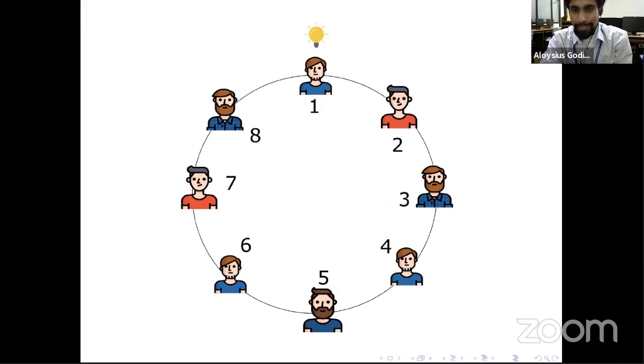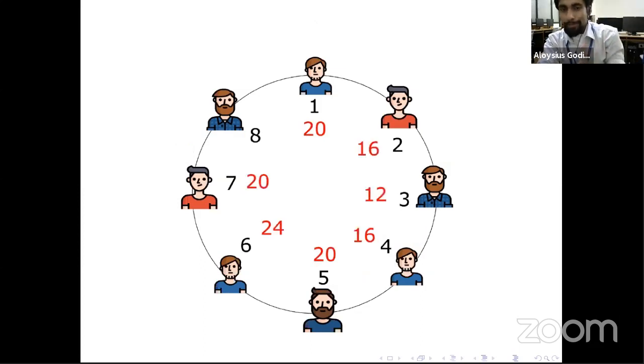Every person will ask the two people on his left and two people on his right what their numbers are. For example, if you look at 1, his two adjacent neighbors are 2 and 3, and on the right-hand side, 8 and 7. So if he adds up 2 plus 3 plus 8 plus 7, his sum comes to 20. Similarly, the person with the number 5 can ask the people on his right and on his left what their numbers are. He gets the sum 4 plus 3 plus 7 plus 6, which is also 20. So if every person gets the same number, then it's called a distance magic circulant graph.